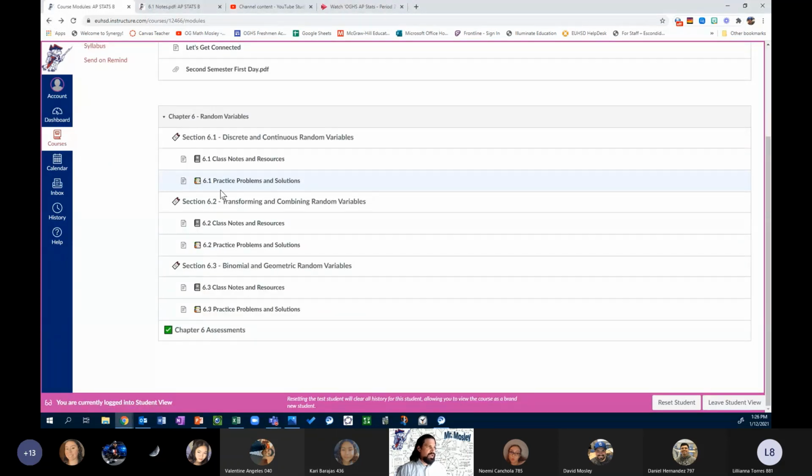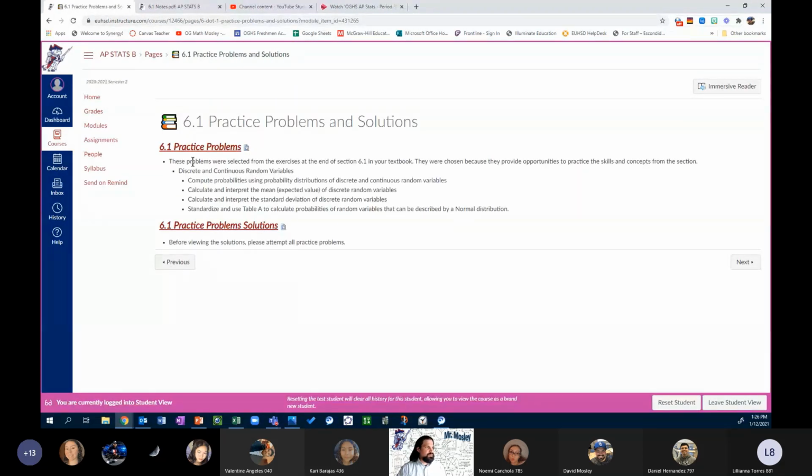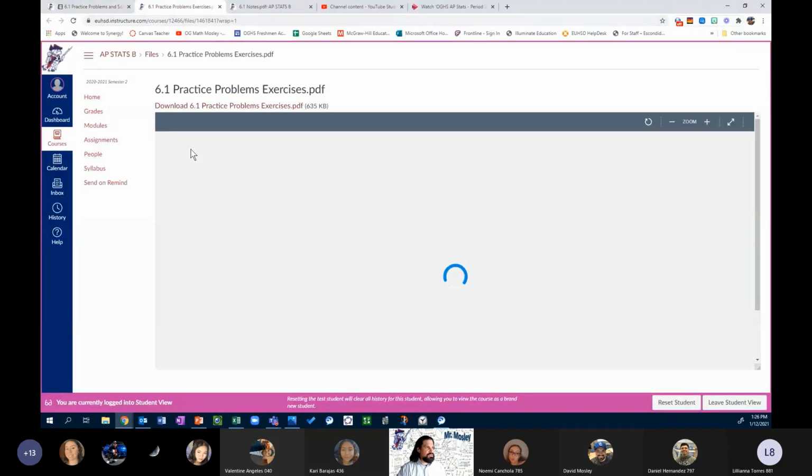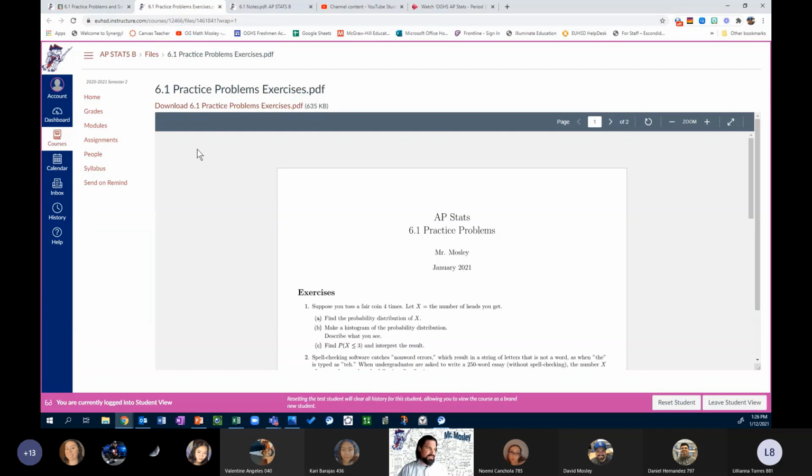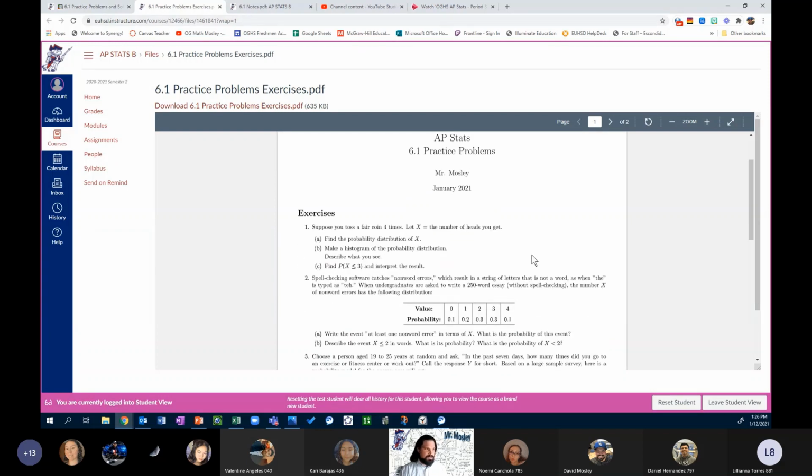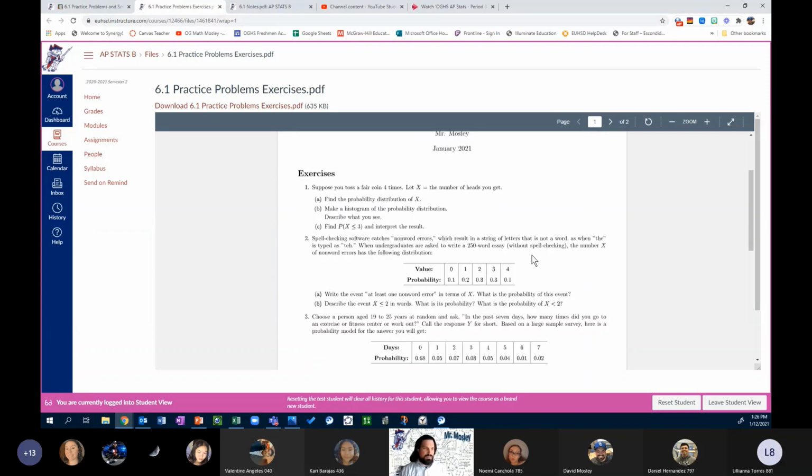We also have the practice problems and solutions in each section. We use 6.1 as the example. We have the problems, we have the solutions. And again, just like the notes, this is just a list of problems that you can try and practice with. I recommend trying the problems first, seeing if you understand how to solve them or how to set them up,